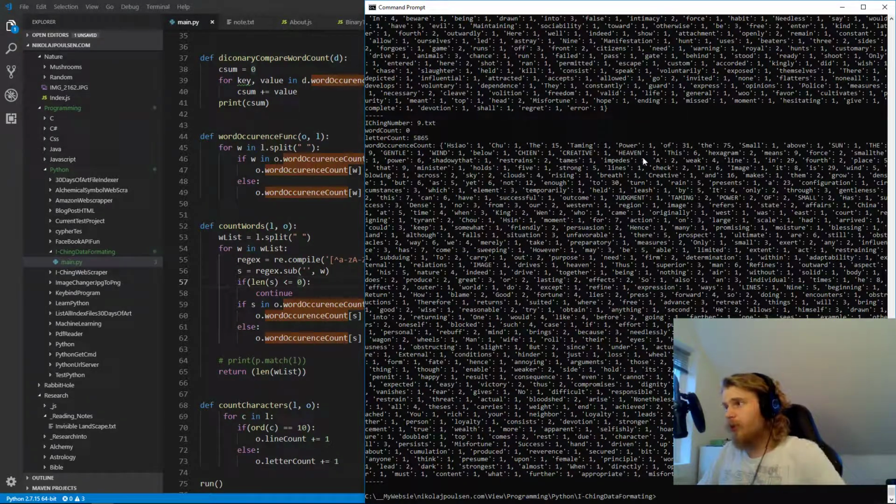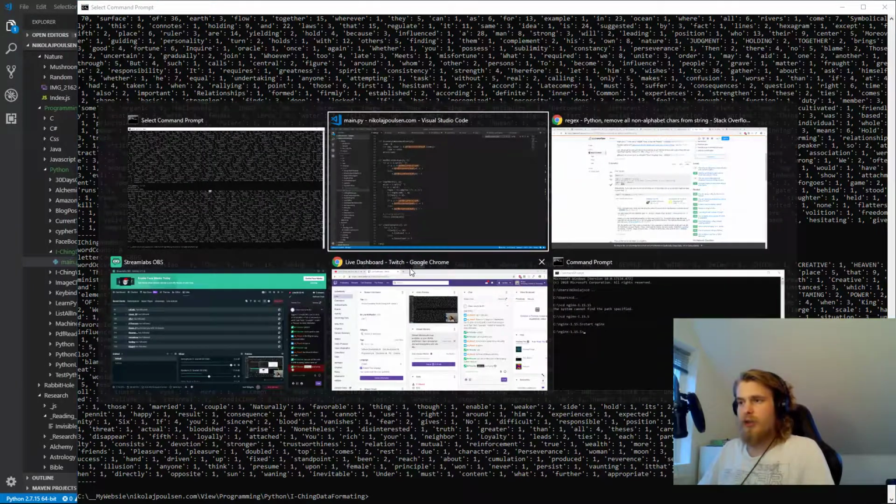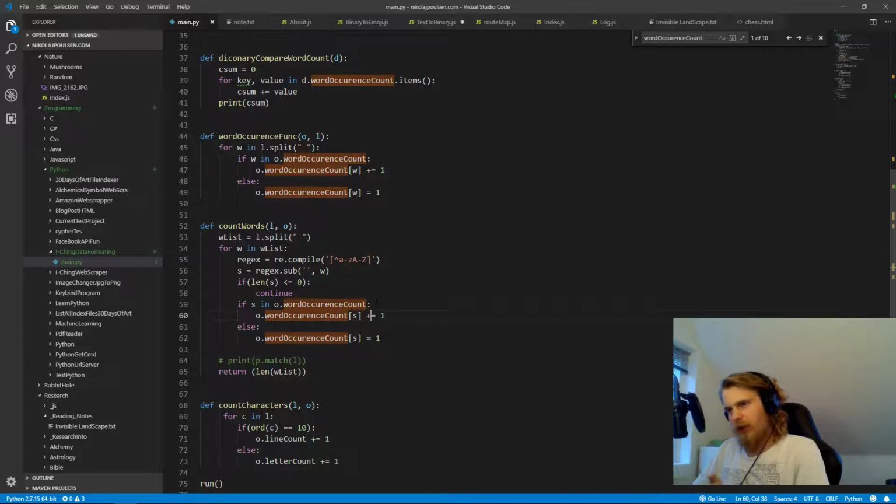So let's see. Now we get something here. And it seems like we got rid of all the line separations and so on in the dictionary. It still seems like there is something checking on, what would you say? It's still checking on capital characters. So I guess this is again a design decision, because do I want to check if, do I care about knowing if the letter is capital or not capital? I guess the question is,